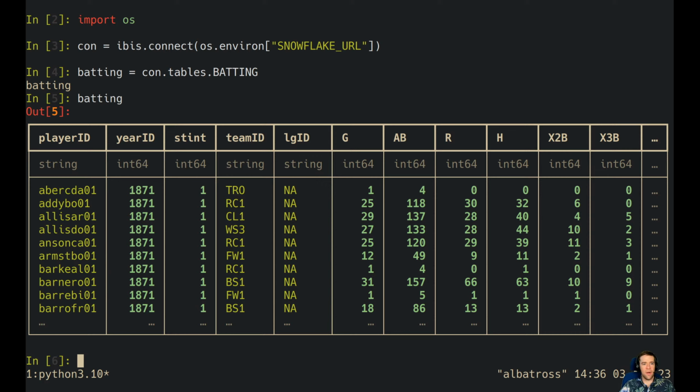Cool, we've got player ID, year ID, stint, team ID, and a couple of other things. If you've been following along, you'll notice there's a little change in the output of the table. Now we're showing string data in green, and we've made some other improvements to the output. Check that out at